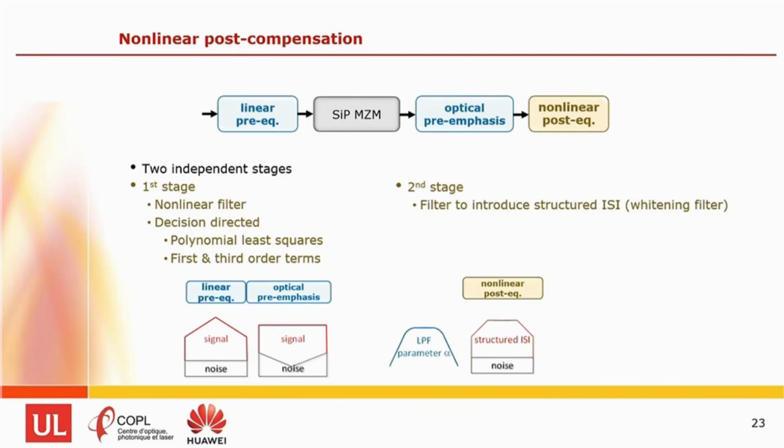And so in a way, I'm creating intersymbol interference at the receiver. However, this is a very controlled structure ISI, and because of that, I can use a maximum likelihood sequence detector, which is exactly matched to the low-pass filter that I introduced, parameterized by alpha. And so that's very low complexity. It's actually a one-tap maximum likelihood sequence detector. So all of this is in order to do the best that I can in the nonlinear regime at reasonable complexity.